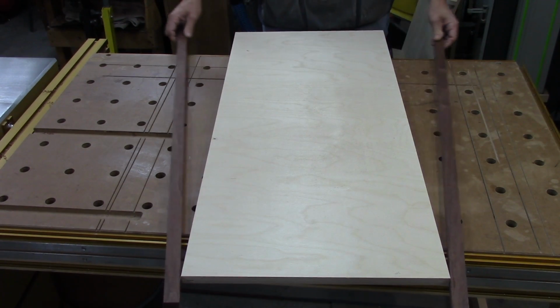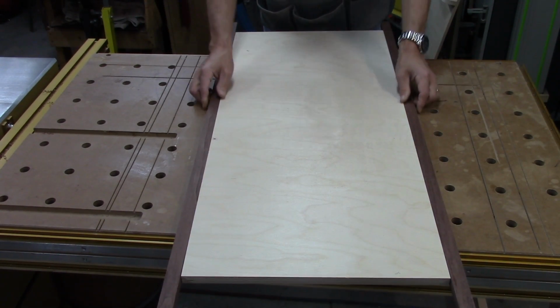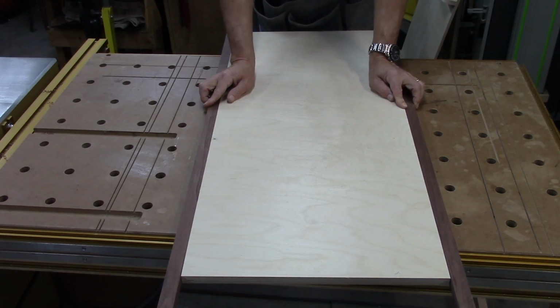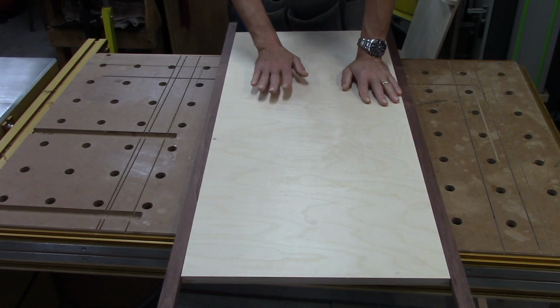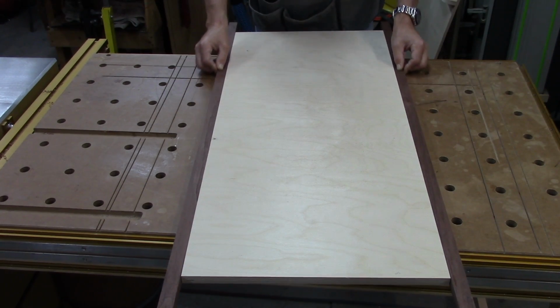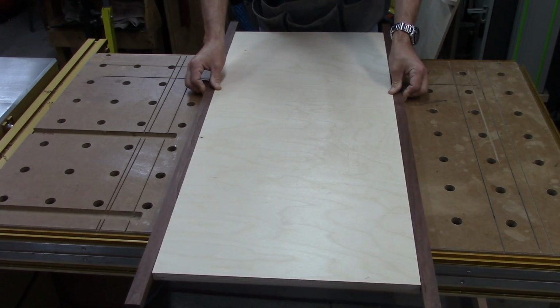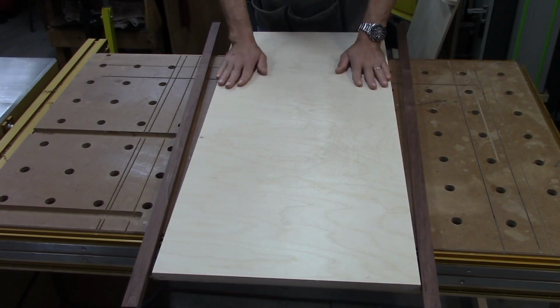This is so I don't see the plywood from the ends when it's finished. This is going to give me a finish depth of 19 inches. After I put the laminates down on top of this, this will give me a finished width of 18 inches, because I will cut something off of here. So what I need to do now is glue these strips to this